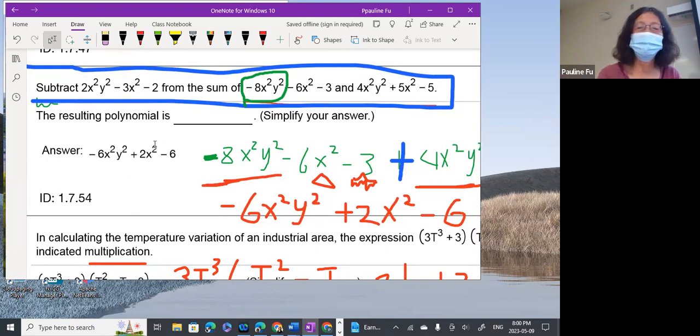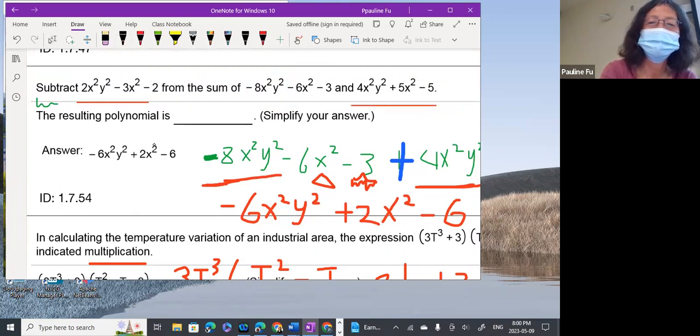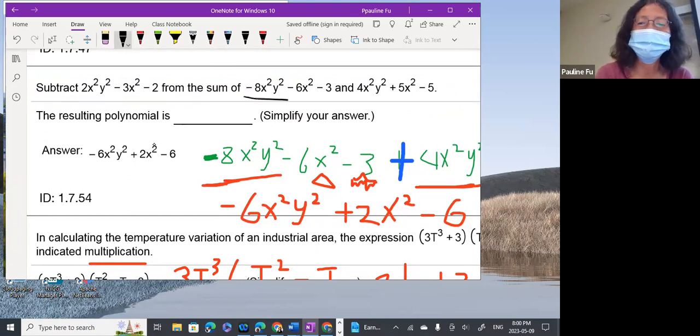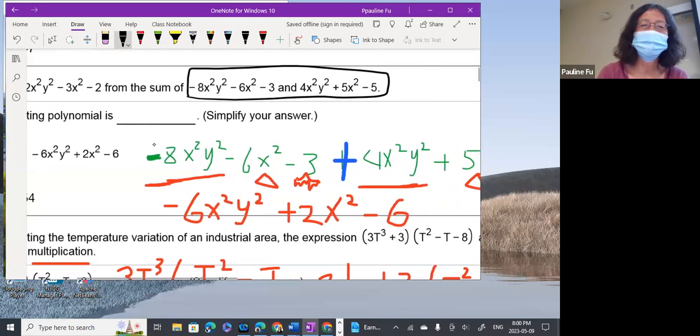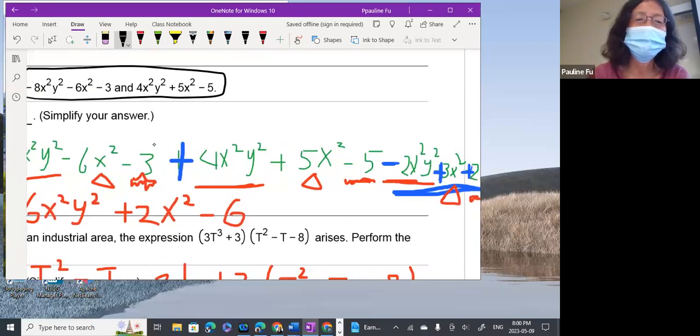So for this kind of question, you need to add these two polynomials first. So do the sum. What is the sum of these two? And then subtract from here. So what you are asked to do is